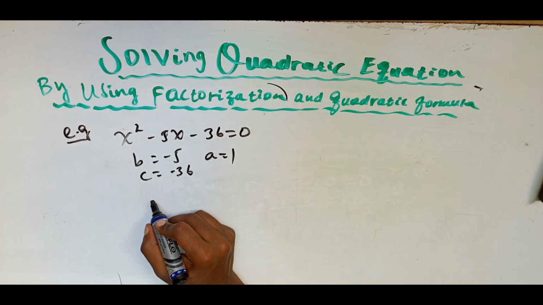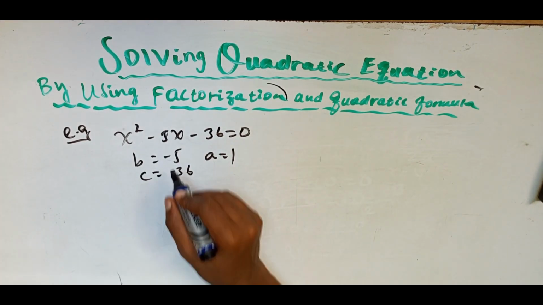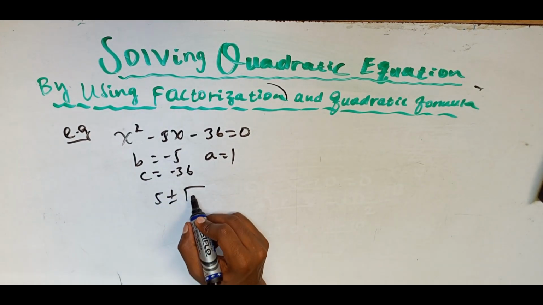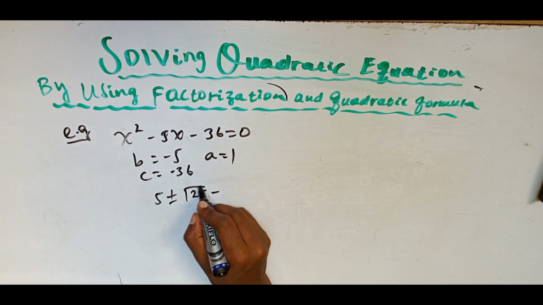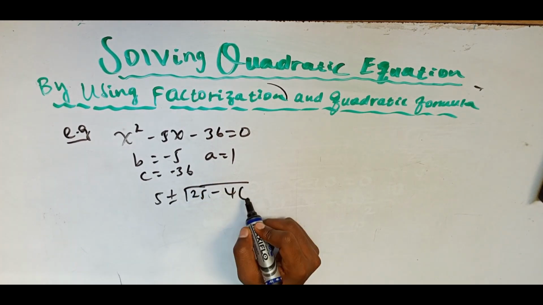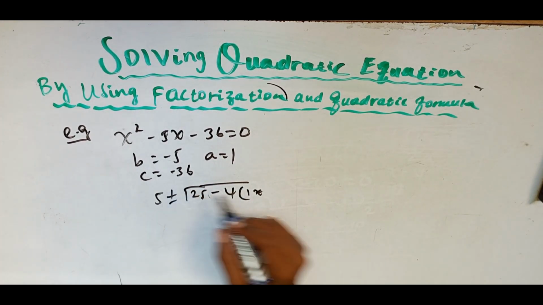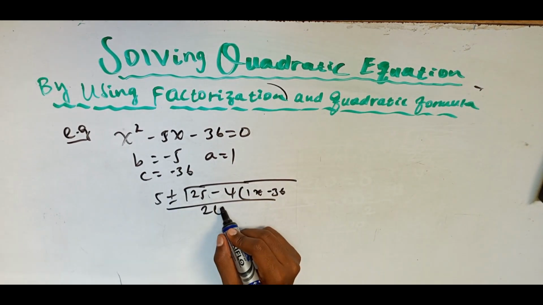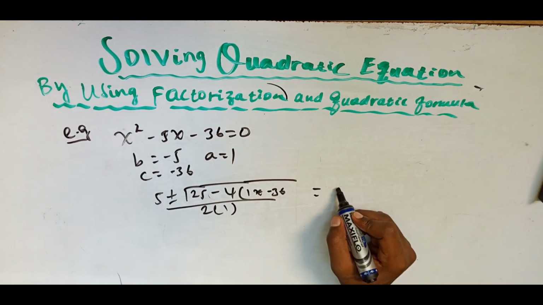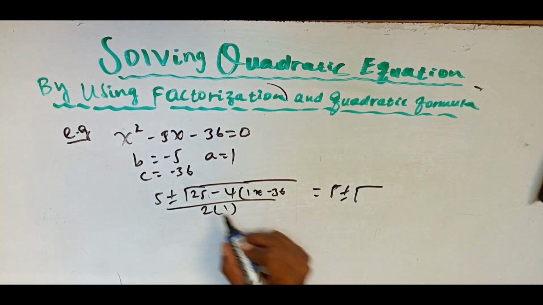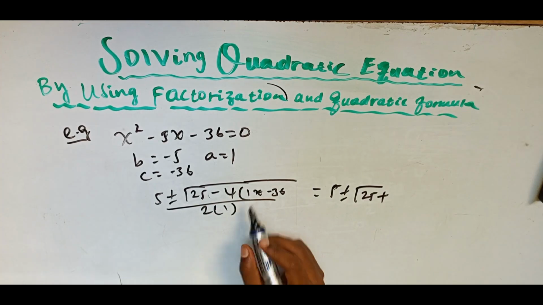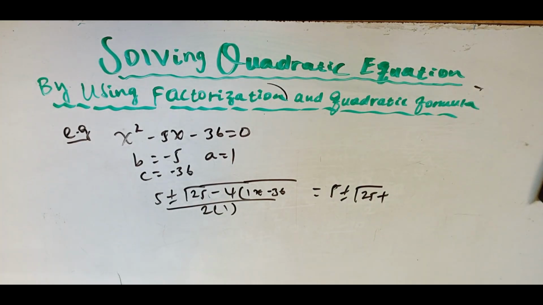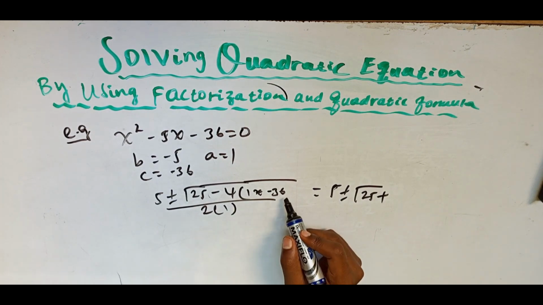So what we get is minus b, which means minus minus 5, plus or minus the radical of b squared, which means minus 5 the whole squared, means 25, minus 4 times the value of a, 1, times the value of c, minus 36, over 2 times the value of a, 1, which is 5 plus or minus the radical of 25 plus. We have minus over here and the minus times minus is plus. So 4 times 36 is